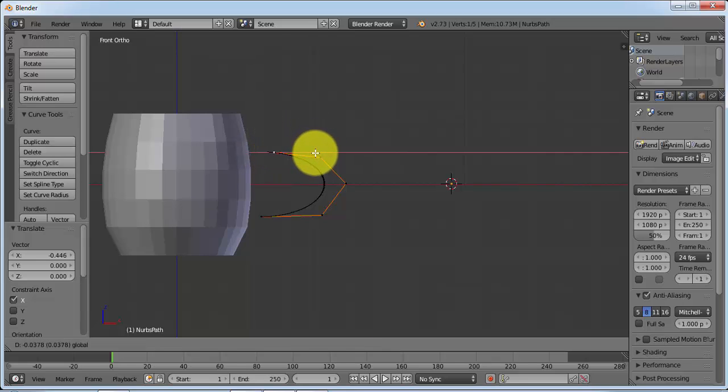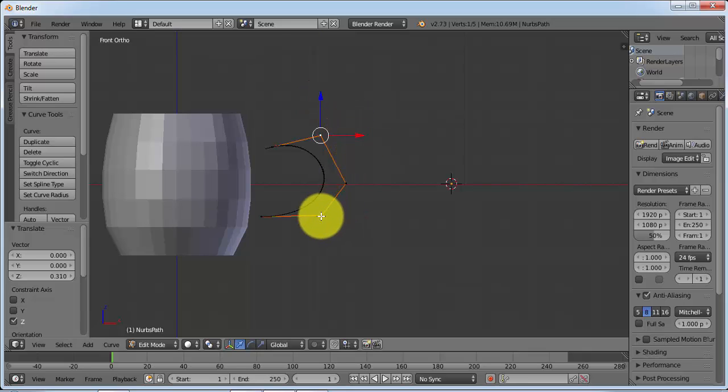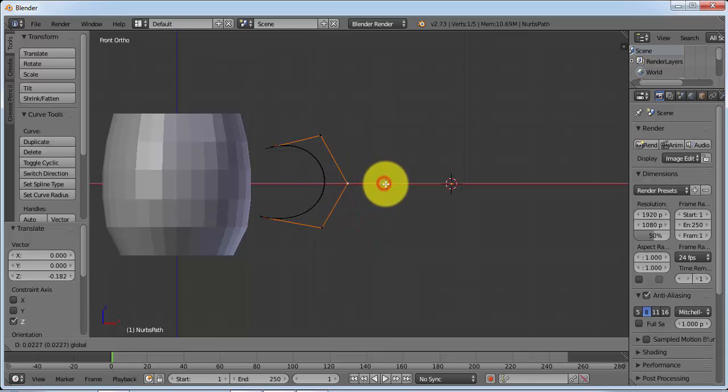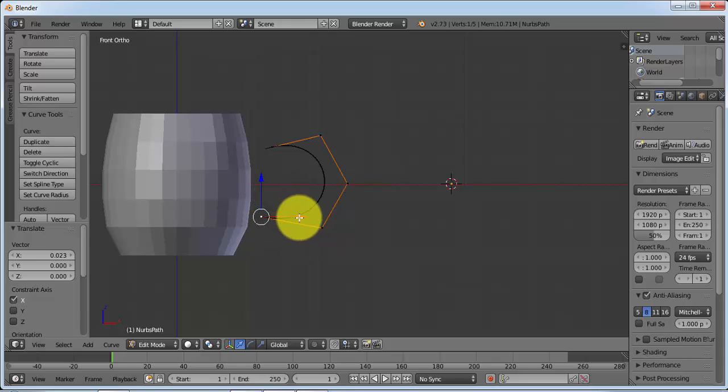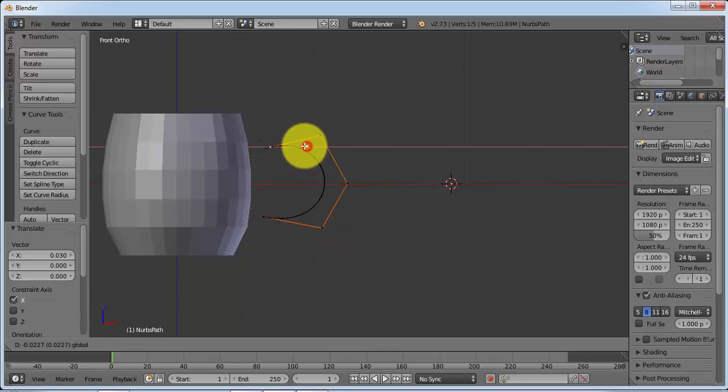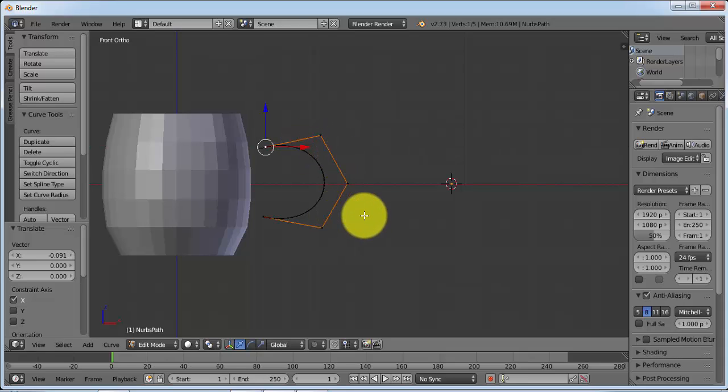So our handle needs to start here. Bring it downwards a little bit. So as you can see, this now looks like a handle.